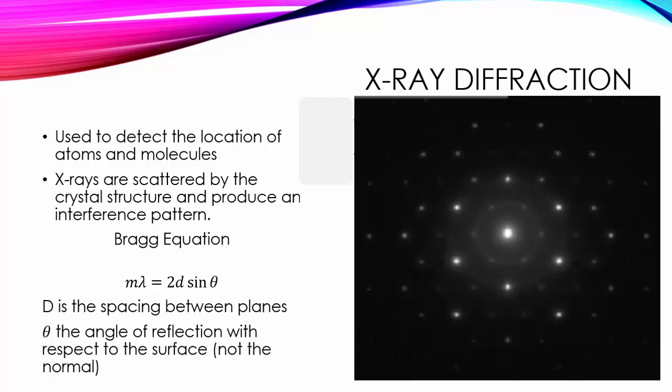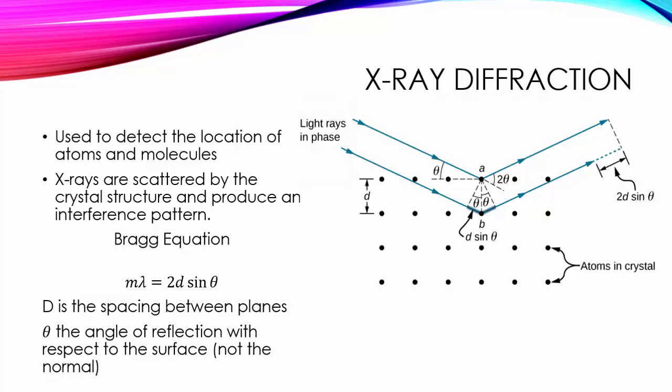And the geometry of this can be described with what's called the Bragg equation, which looks a little different than the other interference and diffraction equations because the light is going into the crystal and out of the crystal, which gives you twice the path, or 2d is what we're looking at. It's going in between the crystal pattern on one side and coming back out. So you have m lambda equals 2d sine theta, where m is going to be the order of the light,